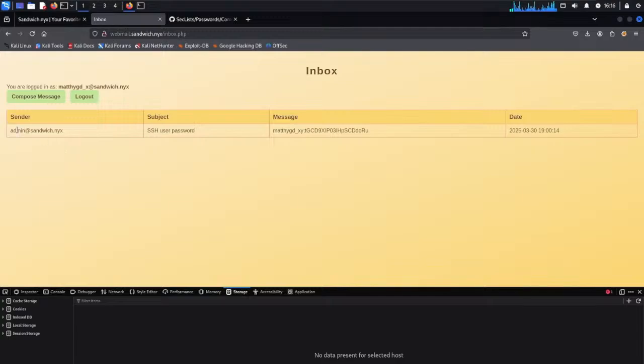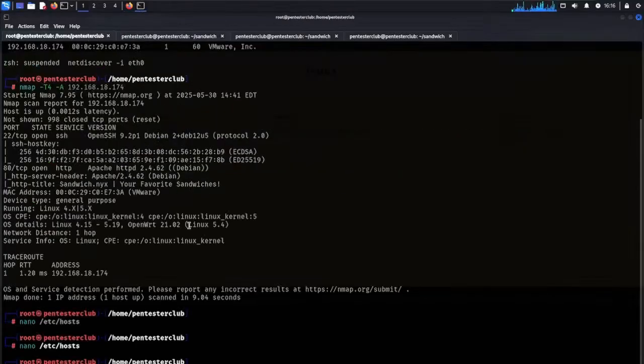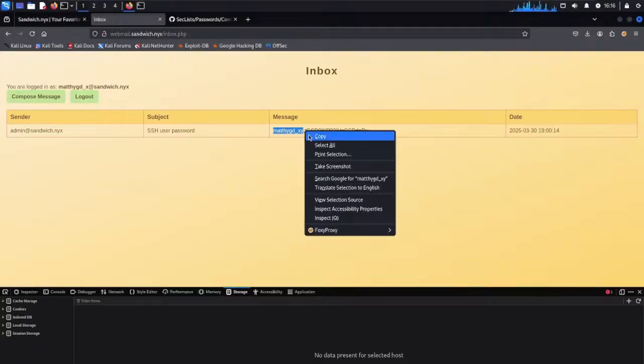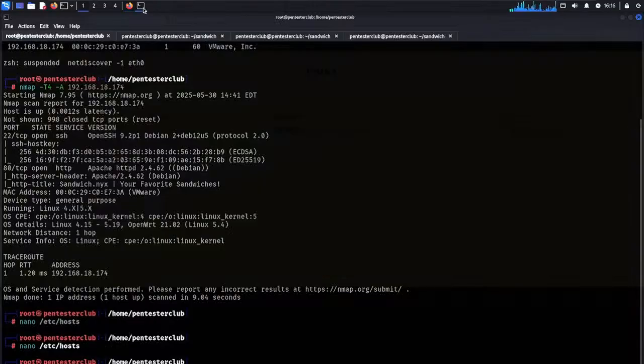So where admin at sandwich.nyx, SSH user and password. So we have the SSH user ID and password, which was given here. You can look here, he was admin, his message right now. Matthew got XY and the password is this one. So he sent it in quite an interesting way. Now we would like to try to log into the